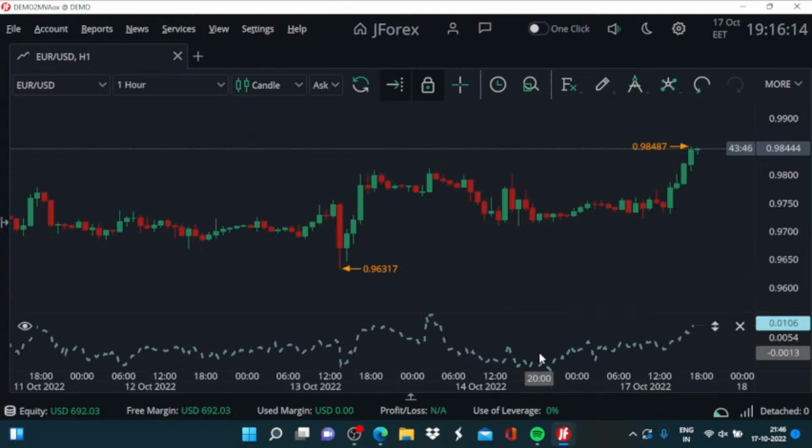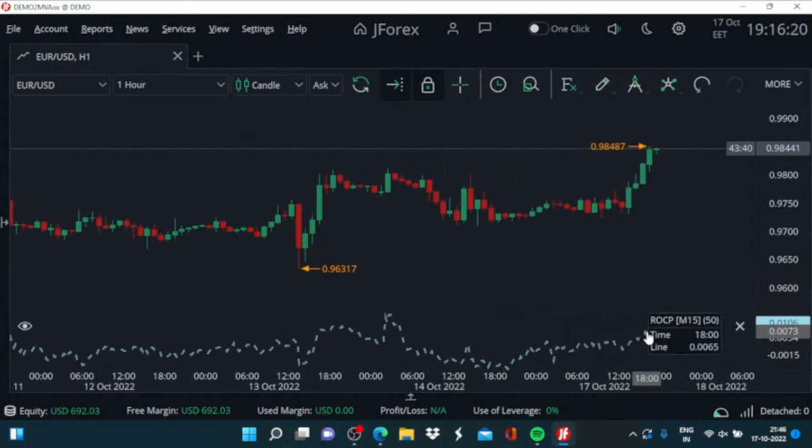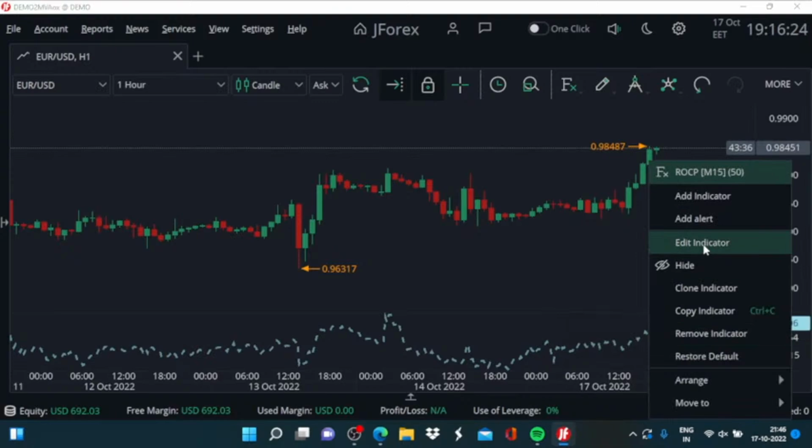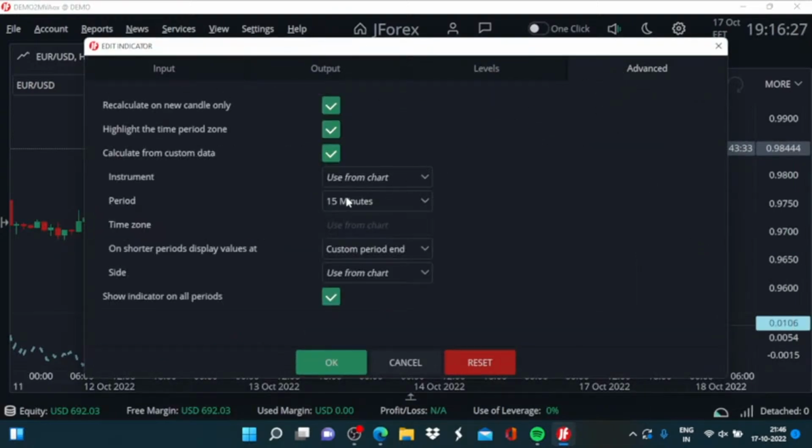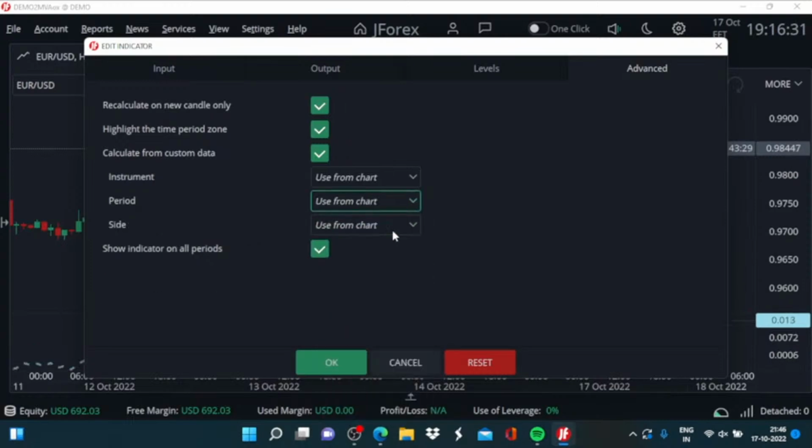Okay, here we have this where we have 15 minutes as the calculation period for each candle. Now coming back to the advanced editing option, I'm now again going to restore it back to use from the